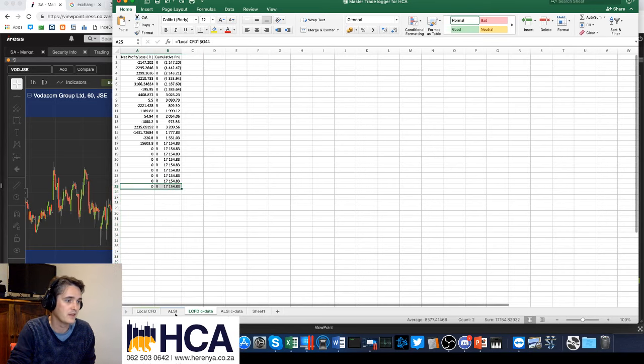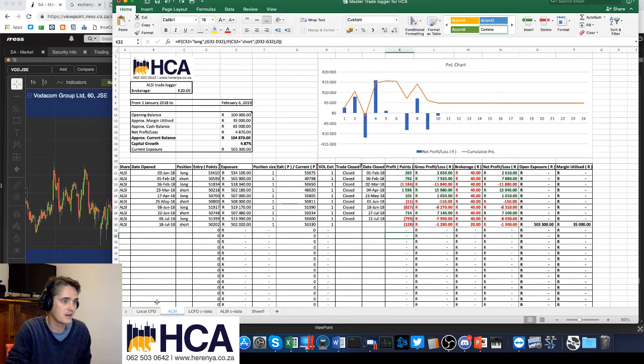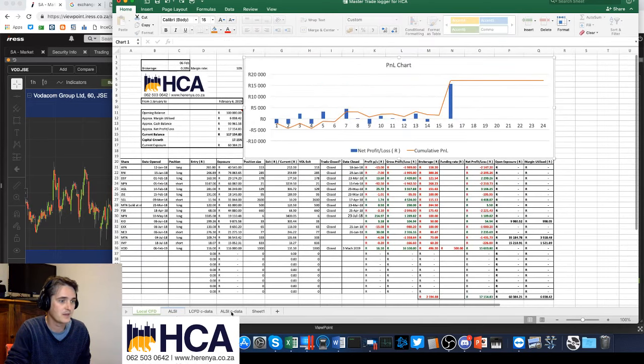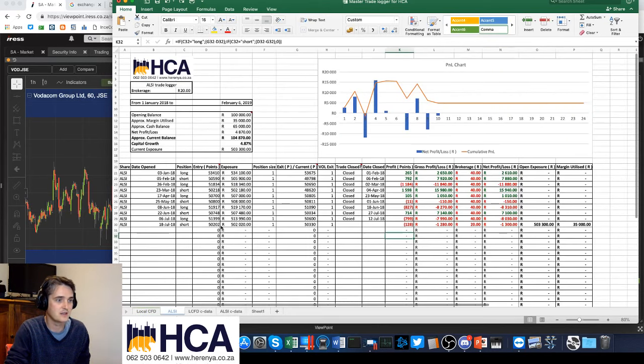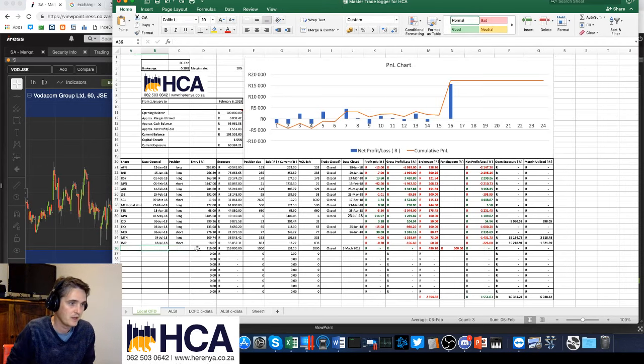Then there is an Aussie one, or for index one as well. Similar calculations. This one is just geared for sort of fixed margin things and Aussie contracts rather than CFDs. And there's another little sheet for its data as well. That is a very nice way for you to track some of your trades that you do, so that you can keep track of where you're making money, where you're losing money, what you are doing right, what you're doing wrong, that kind of stuff.